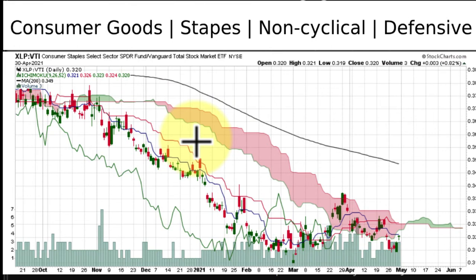Consumer goods, defensive. People are not moving money into defensive, even though its chart looked good by itself on the daily and the weekly. With consumer goods versus VTI, we can see that it has been underneath the cloud and riding a bearish channel down